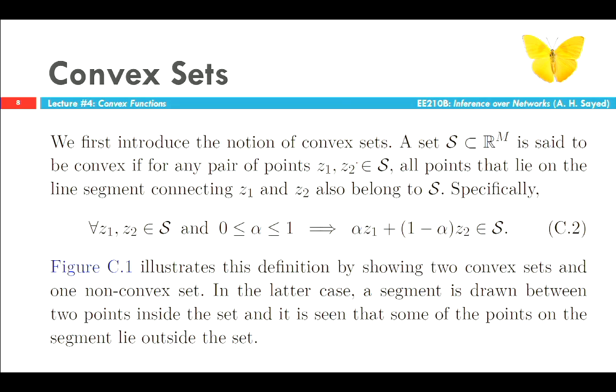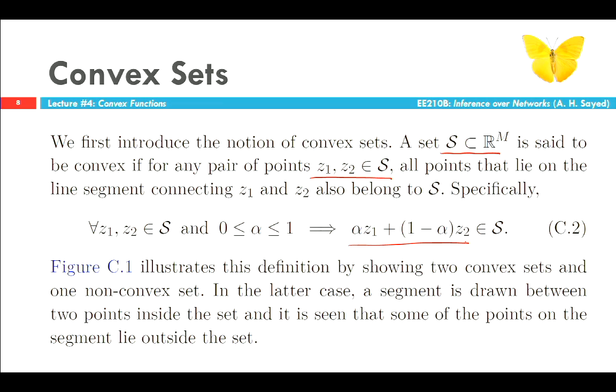Most of you have probably seen this in the real domain, so this is a refresher for most of you. A convex set is a set of points that has the following property. If you pick any 2 points in that set, any 2 vectors in that set, and you compute a convex combination of these, that's what this combination ends up being called,